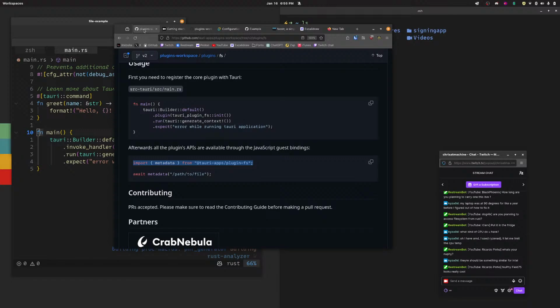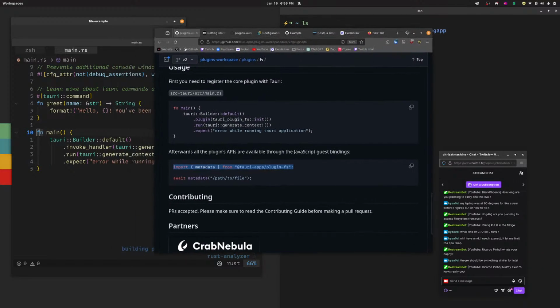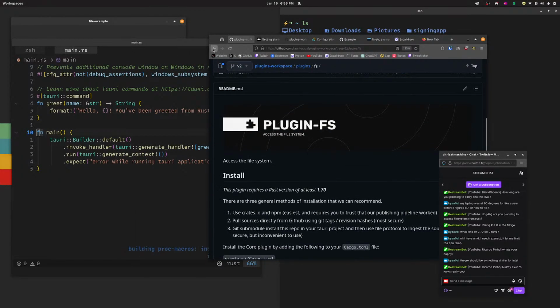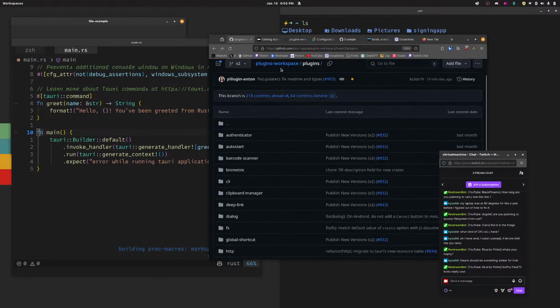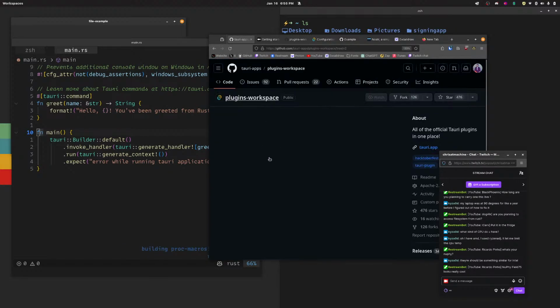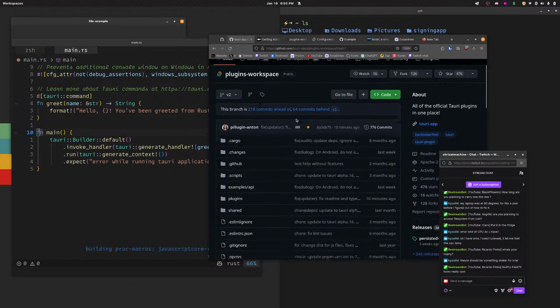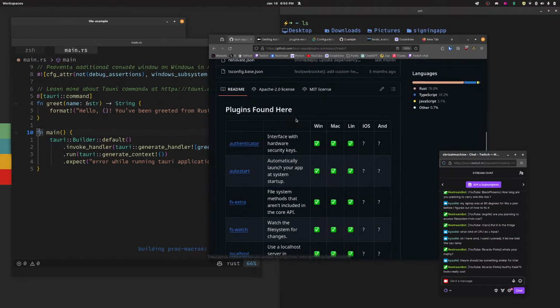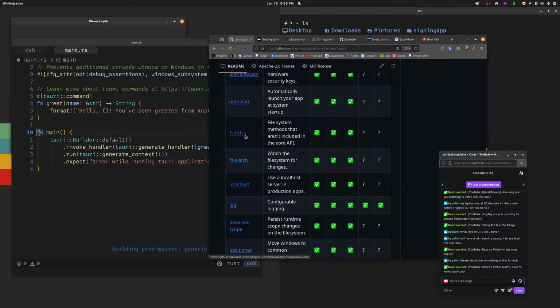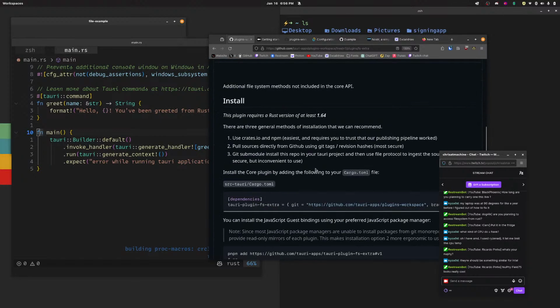well, okay, we're in the plugins workspace over here. And so what we'll do is, I'm assuming the metadata thing is still there. I want to pull in all the stuff though, so let's, there's two different plugins I want to pull in. We want V1. And I have FS Extra and FS Watch. So I'm just going to pull these in. I don't really know what FS Extra gives me, but